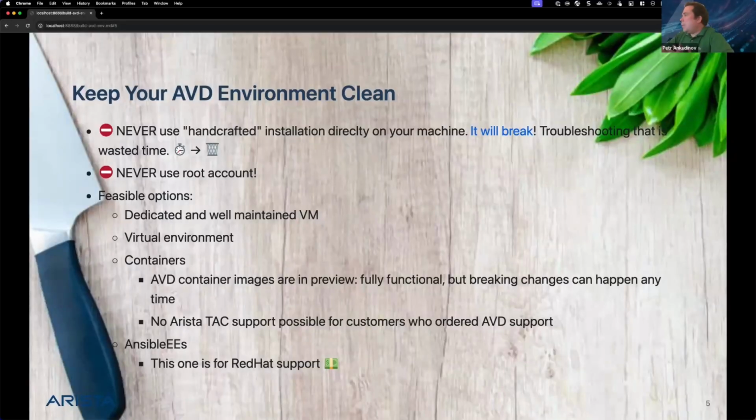Now, what are the feasible options to get your clean environment? First of all, you can simply have a nice and well-maintained virtual machine, right? And as long as the setup of this machine is clean and predictable, things will work. There are two caveats with that. First of all, and this is really hard to get rid of completely,